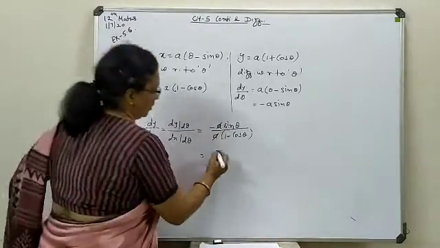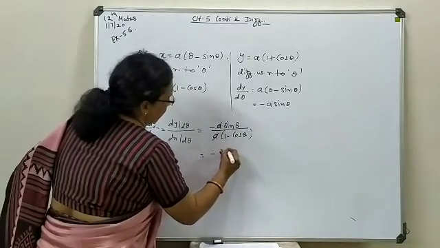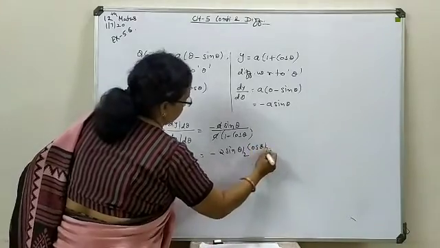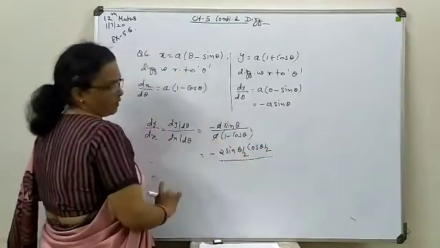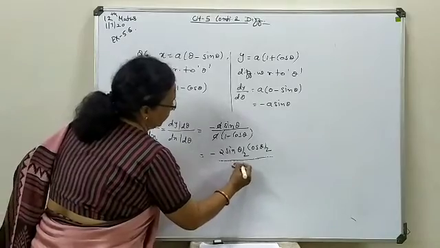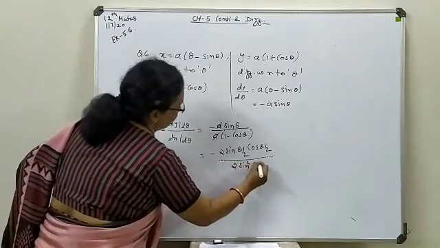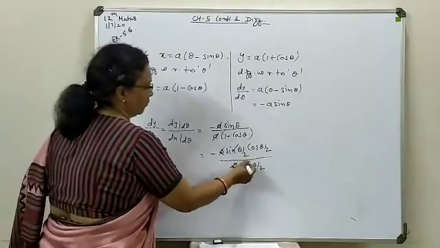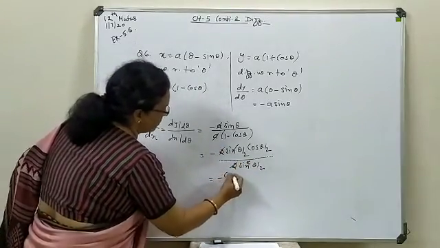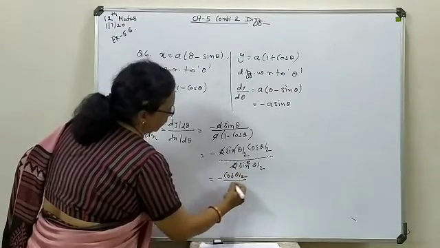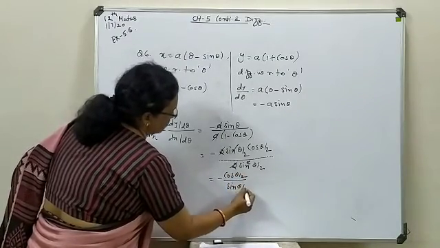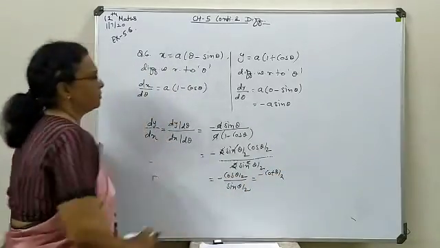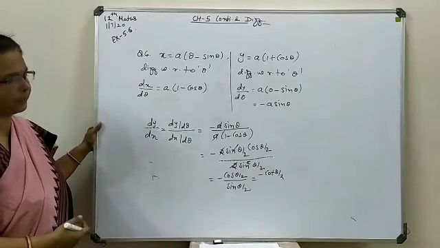So this sin theta we can write as 2 sin theta by 2 cos theta by 2. 1 minus cos theta we know in terms of half angle as 2 sin square theta by 2. So go for cancellation of like terms. 2 cancels, one sine term also cancels. So this is minus cos theta by 2 upon sin theta by 2. Finally it will turn as minus cot theta by 2. This way you can produce the shortest form.